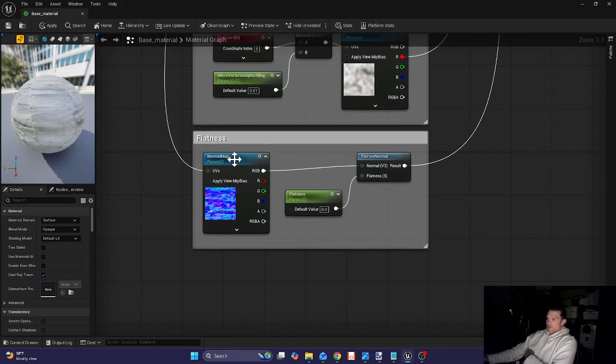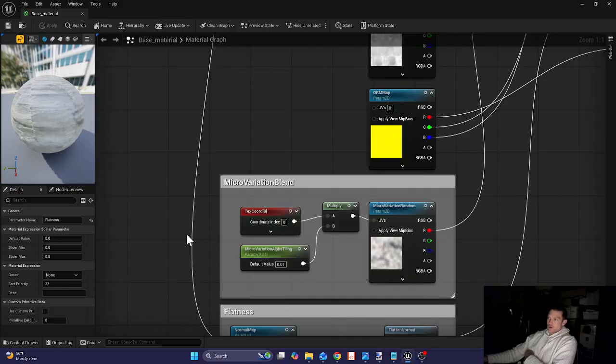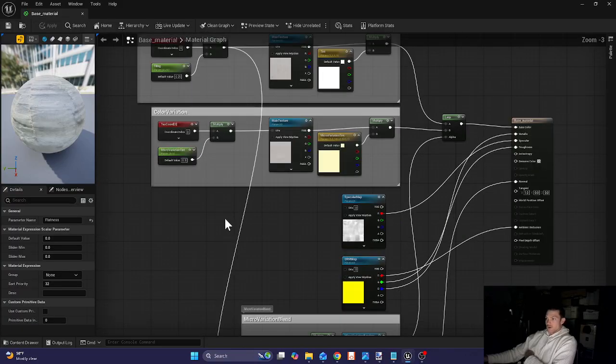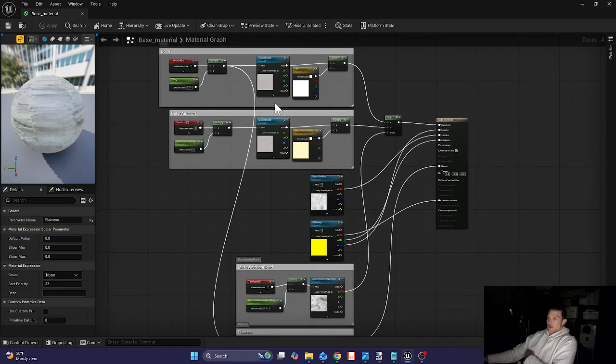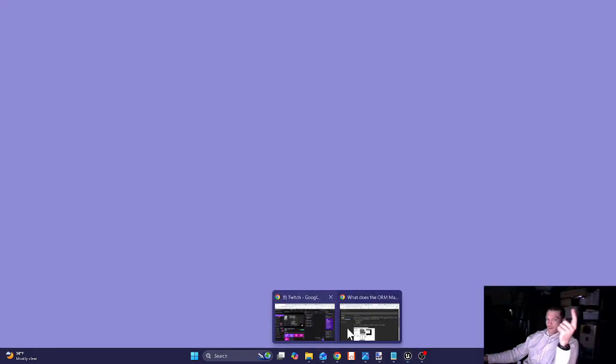And then finally, we have this flatness map, which is going to give us that texture that, whenever we look at it, is going to change depending on which way the light is hitting, and it's going to give it a lot more depth. So that's the flatness. This is a base material, and I anticipate we're probably going to reuse this over and over again, and we're going to be putting in our own parameters for the different materials we want. So the first one we're going to do is a base floorboard